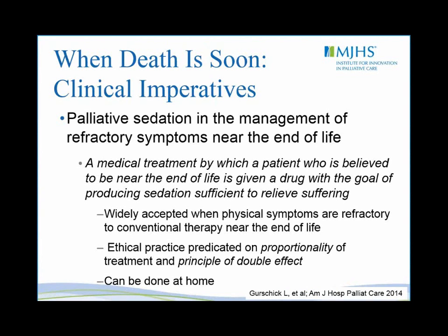Sometimes the patient who is viewed as dying soon develops symptoms that are refractory to treatment. And as all of you listening today know, one of the ways that this has been addressed is through a medical treatment which is now generally called palliative sedation. And it's very important, in my view, for specialists in palliative care to have a very broad and deep understanding of palliative sedation in terms of its rationale, in terms of the ethical management of palliative sedation